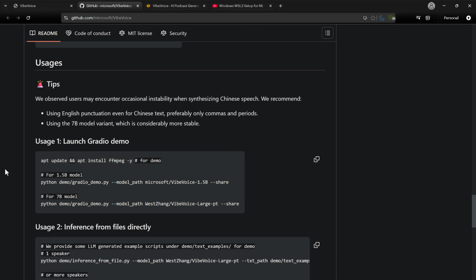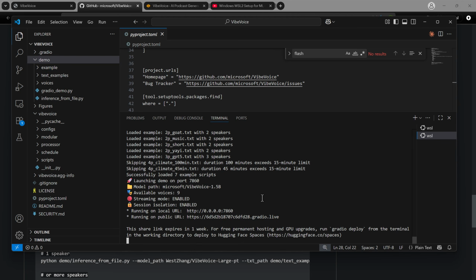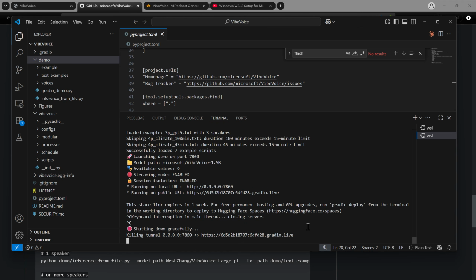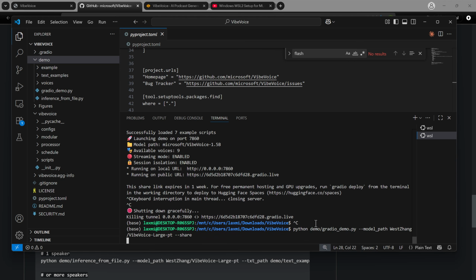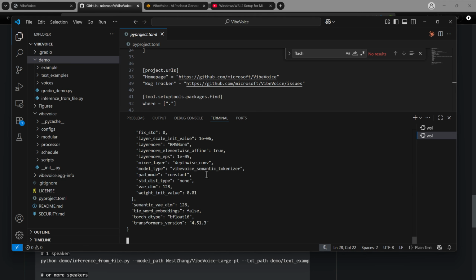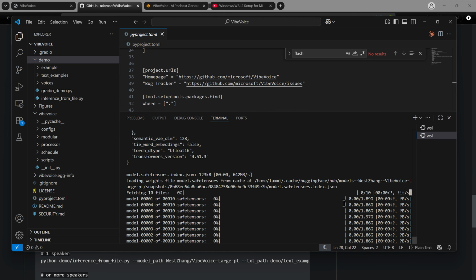Otherwise, if I run my 7 billion parameter model, let's say this particular file, that is something I did not try. Let me just run that. I hope that we will be able to see the model get downloaded here. All right. Seems like, yes, the model is getting downloaded. For 7 billion parameter, around 2 gigabyte of the model is getting downloaded here.